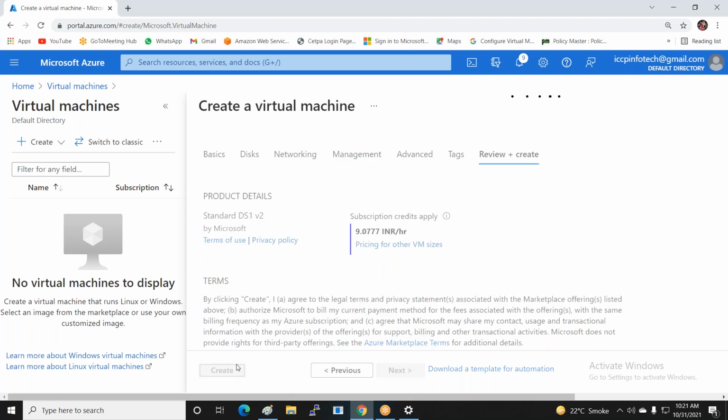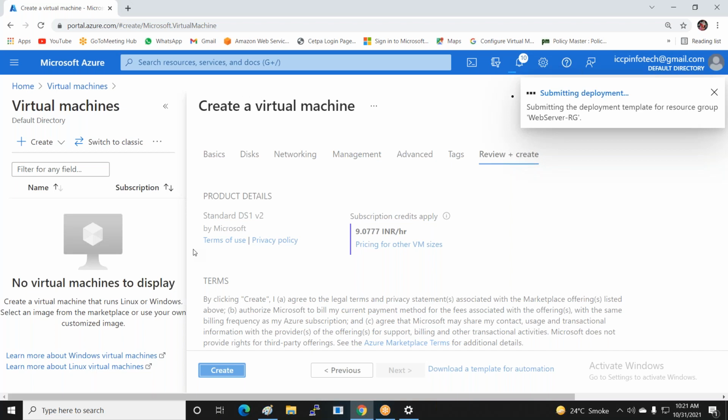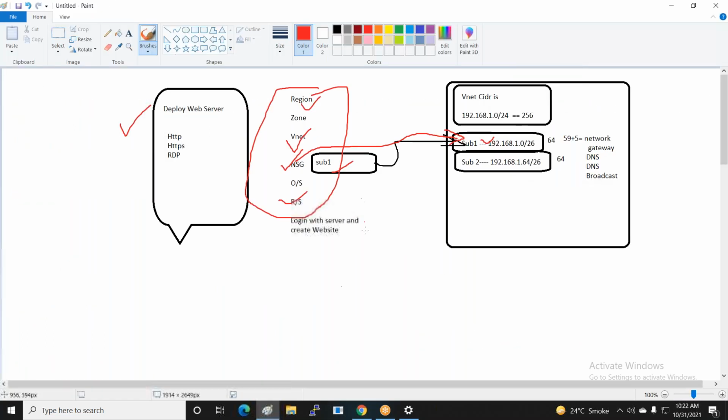I'm just moving as per the diagram, and I've done this part.